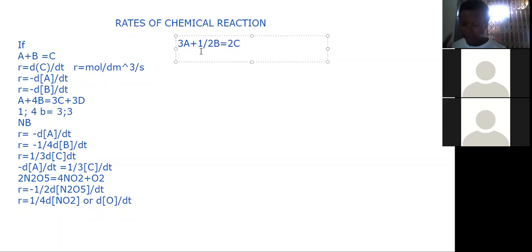If the rate of disappearance of B, the rate at which B is consumed in the reaction, is given as 1.5 times 10 to the power minus 2